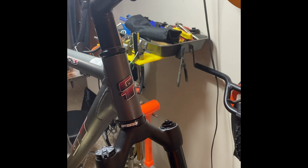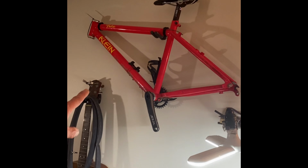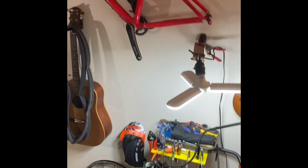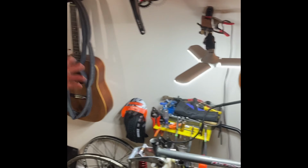We got a climb up there, so we're going to turn that into a gravel bike. I just recently retired that as my mountain bike. It's been my trusty mountain bike for over 25 years now, and it's time to retire it as a mountain bike. And we're going to turn it into a gravel bike, so that's going to be an upcoming project. And yeah, as soon as we finish up the gasoline engine bike here,